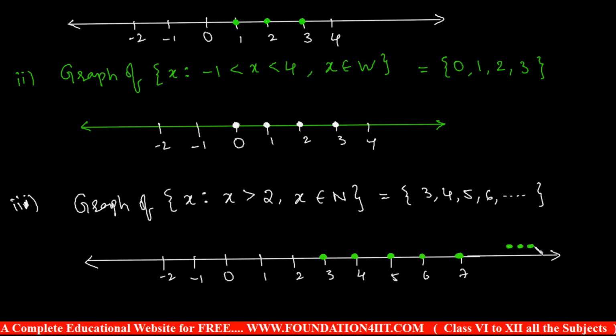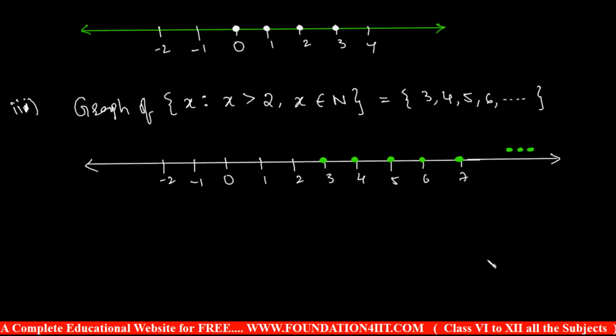And next to it, you can keep three dotted circles above, shaded completely. The meaning of this is that it is not only up to 7, but 8, 9, 10, and so on until infinity. That's the meaning of this. Not only the right side, we can take the left side also.